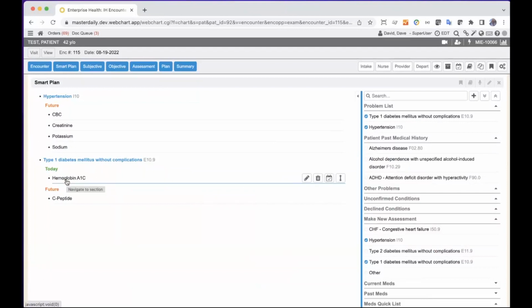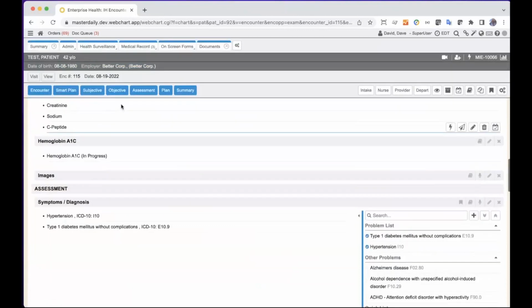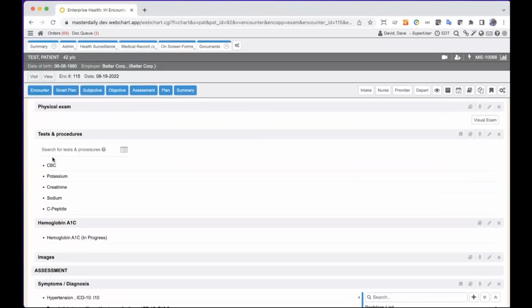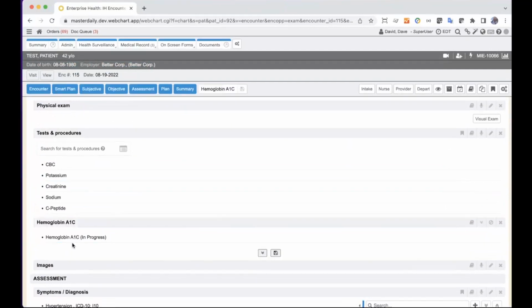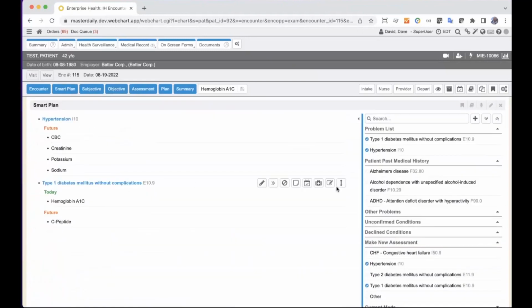I'm doing it today. And now I can click on it, and it drops me down to where it dumped this into the encounter under the objective section. So you can see tests and procedures that are ordered here, as well as this A1C that I'm doing. Normally, these would be done outside, but I can do, say, for example, in my SMART plan, I'm also going to order